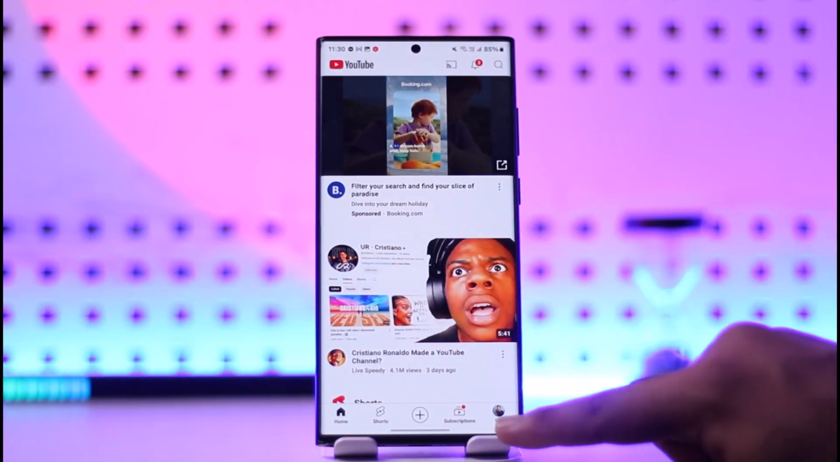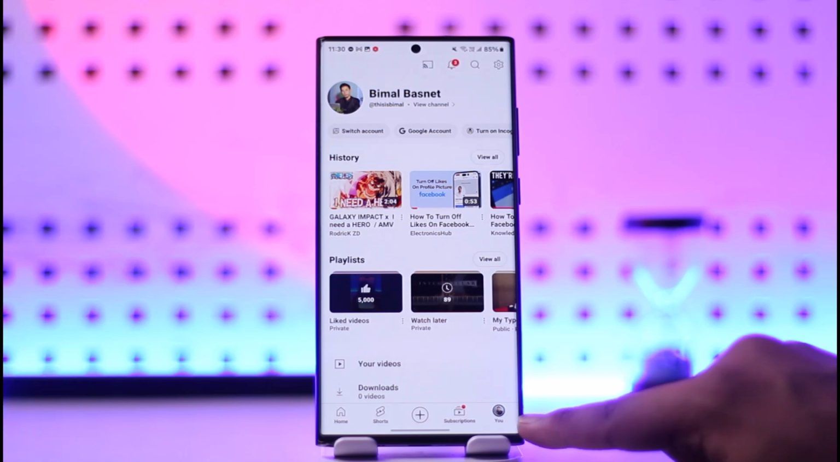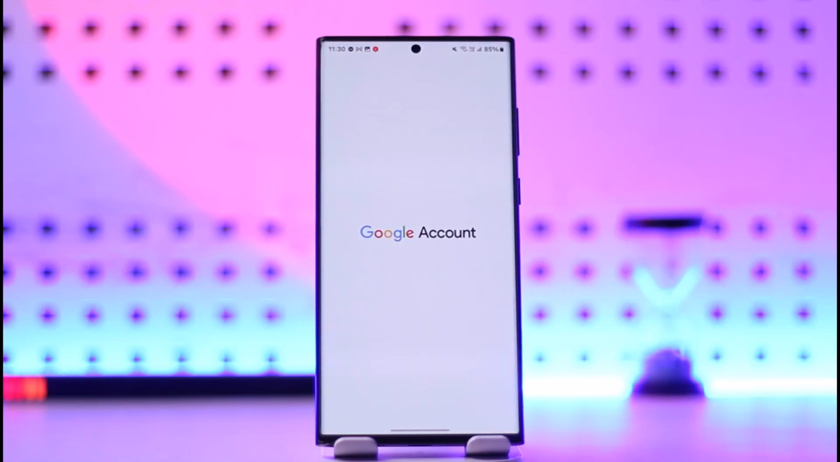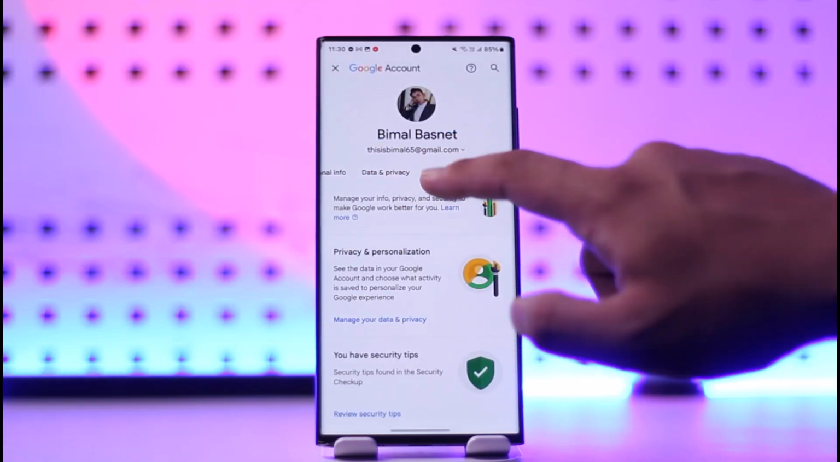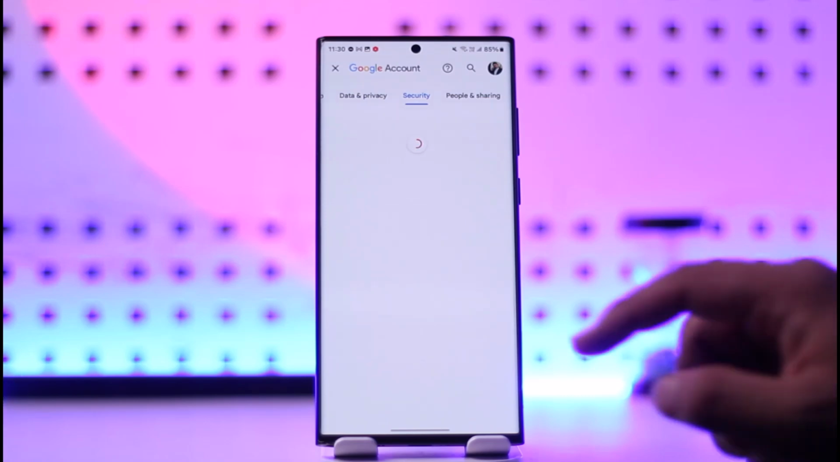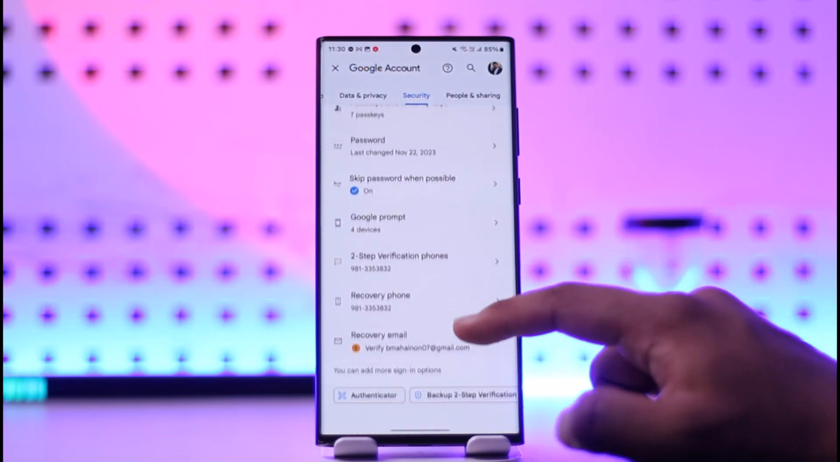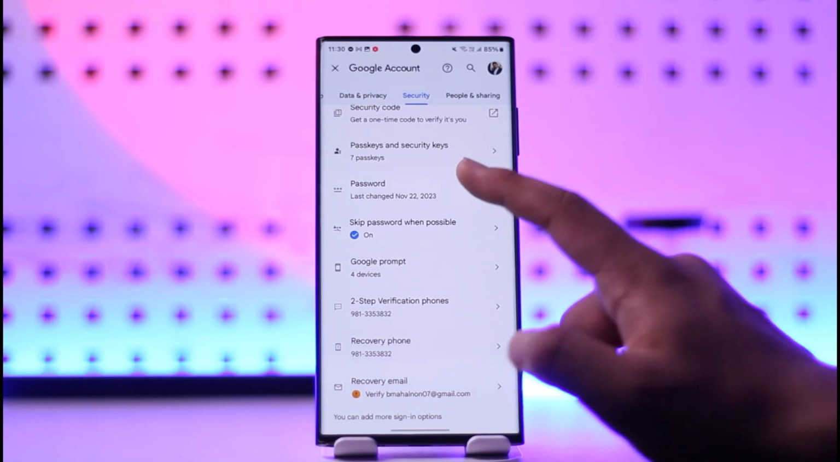Depending upon whether you're logged in or not, just tap on the profile icon of your account, then go to Google account, which will take you to the manage Google account page. Once you're here on this page, from the very top you can simply navigate to security. Then once you navigate to the security option, simply scroll down and here look for password, and then just tap